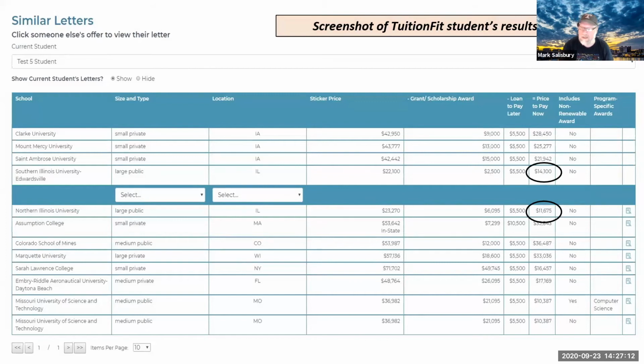It's the same thing if you used any kinds of tools that are available when you shop for a car. You saw that the dealer in the next county over was selling that car for less. Aha, made a few phone calls, and you ended up saving money on that car. Same principle goes here. So this is how TuitionFit works. And this is how it's worked for thousands of students now, all around the country.